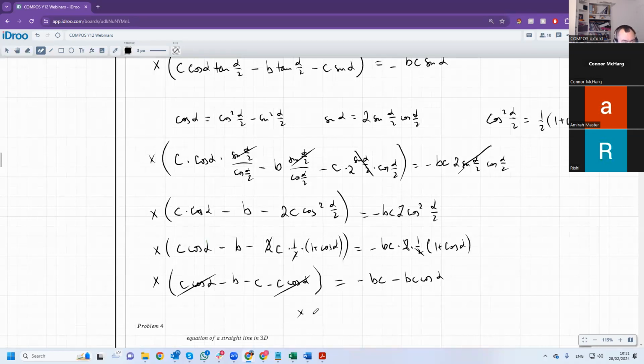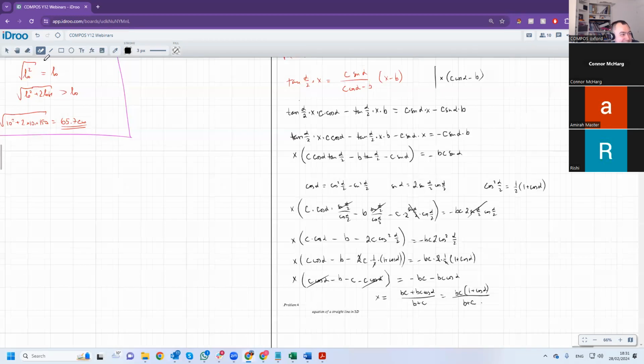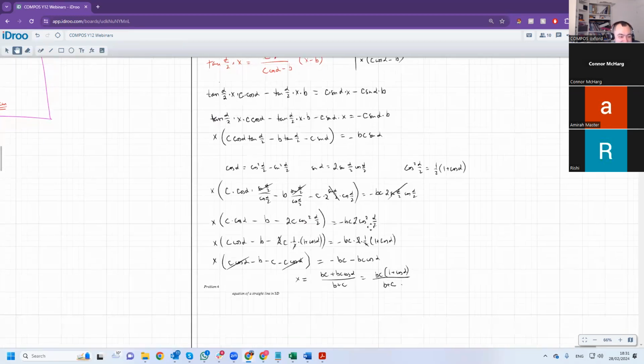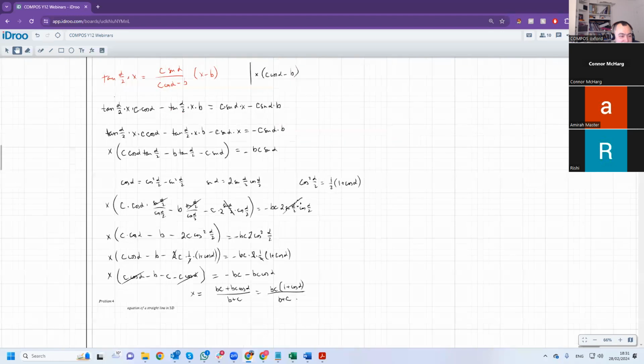Right, finally, x is equal to bc plus bc cos alpha divided by b plus c, which is bc, open bracket, 1 plus cos alpha, close bracket, divided by b plus c. As I said, close your eyes, hope for the best, and perhaps it will take you somewhere. So yeah, we found x, and now we need to find y,